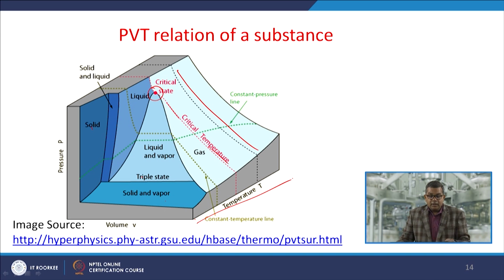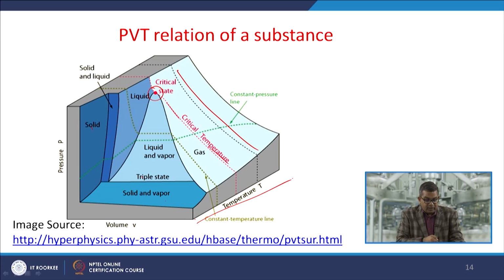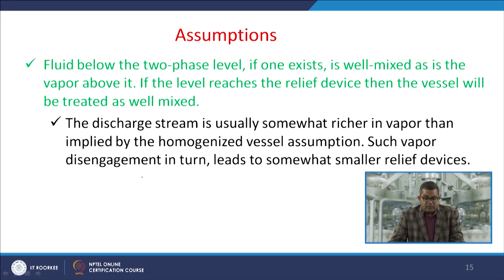Now, remember these types of diagrams are extremely useful for performing thermodynamic calculations, because pressure, volume and temperature are the only things which you can measure directly, which you can alter directly. Otherwise, the rest, like internal energy, enthalpy, entropy, are available in terms of correlations. So, you have the liberty to alter all these pressure, volume and temperature in due course of time. While we go for any kind of thermodynamic calculation, we need to take several assumptions.